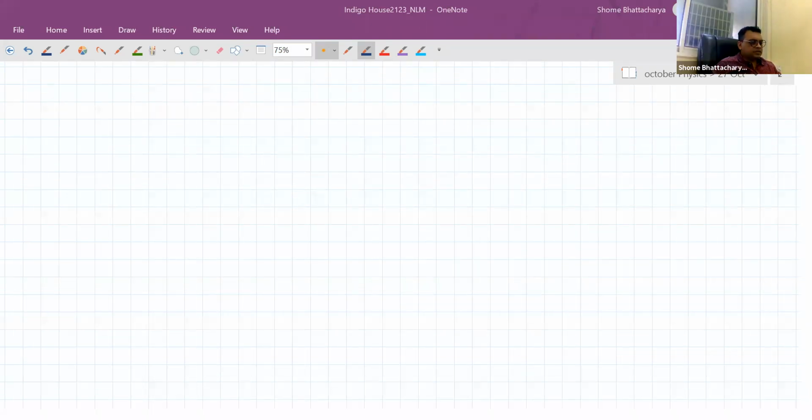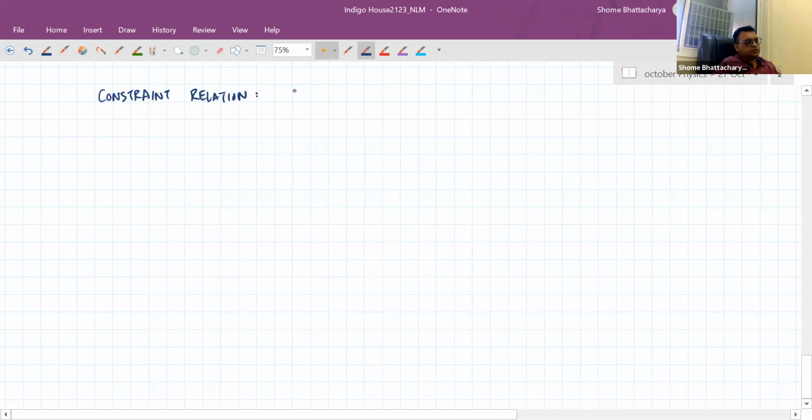Now the next thing we'll discuss is a different type of constraint relation, and this is something called a wedge constraint. Okay, so let me explain. Earlier we discussed constraint relations involving pulley systems, where multiple pulleys are involved and the thread length conservation happens. So those are the thread length conservation type of constraint relations. Now we will discuss another type of constraint relation involving something called wedge constraints. So let's understand what wedge constraints are first.